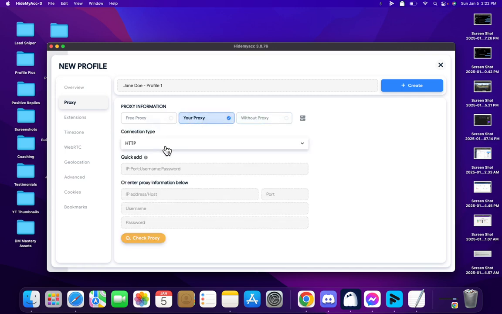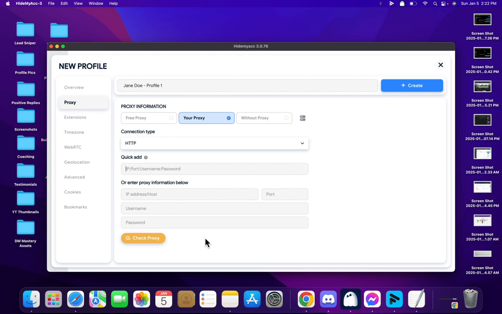So now when you buy your proxies from privateproxy.me, they're going to give you a big string of code. So basically you would import that code right here, that big string that they're going to send you, and then you would click Check Proxy. So the way you know that your proxy is set up correctly is it's going to do its thing and check, and then it's going to show you an IP and a location. So it'll show you an IP address, and then it might say